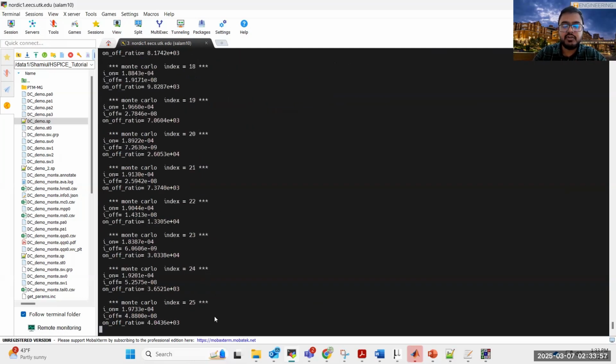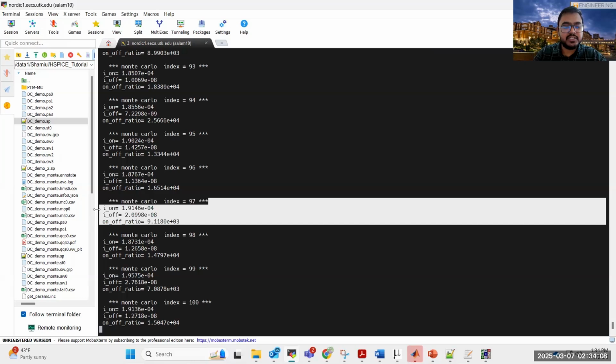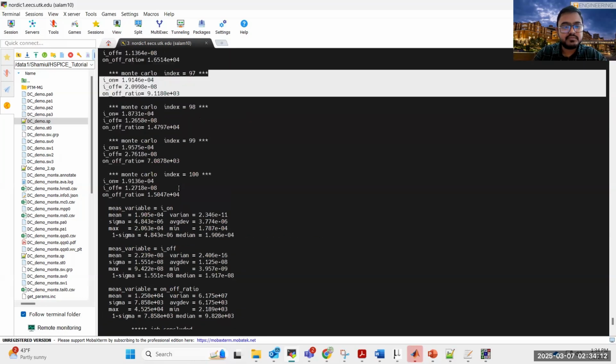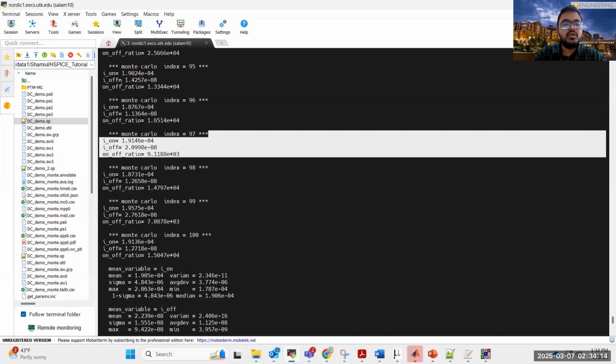You can see it will again run for 100 points. So if you have a 1000-point Monte Carlo simulation, it will run 1000 times. So it will run the same analysis 1000 times. And if you notice, every time it is actually calculating these three parameters measured from this measurement command. So it is calculating the on current, off current and on off ratio